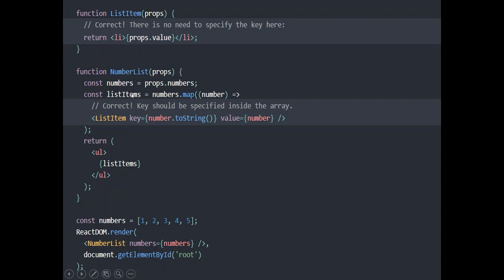So we have called this number list from our main function. We are calling the list item one by one, and in the list item we are returning the li, a list item with props dot value. Whatever has been passed will be displayed. It will display 1 2 3 4 5, and this list item, which it returns to us one by one, is called within the return of this function.